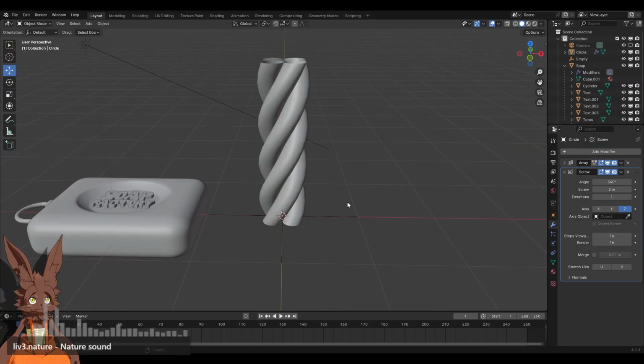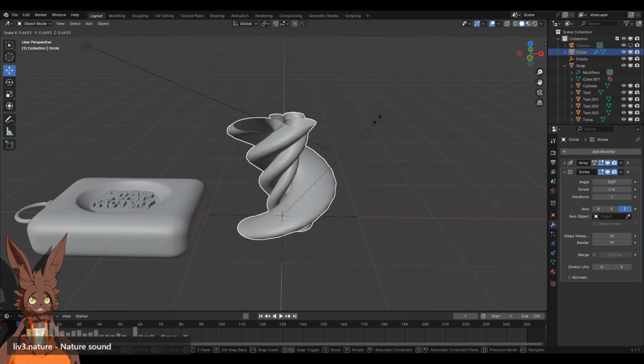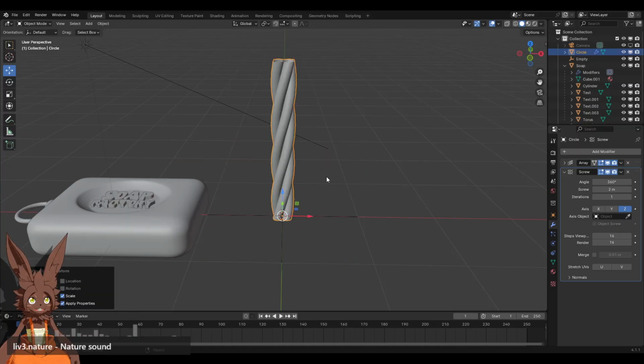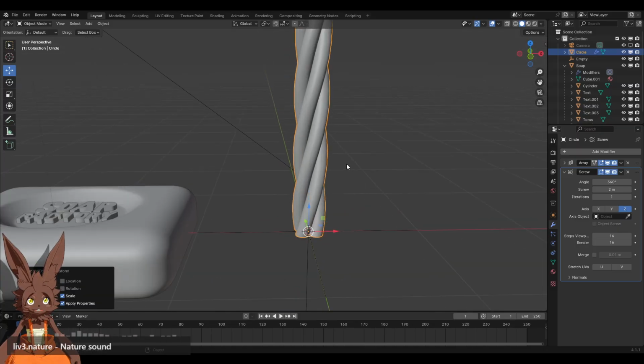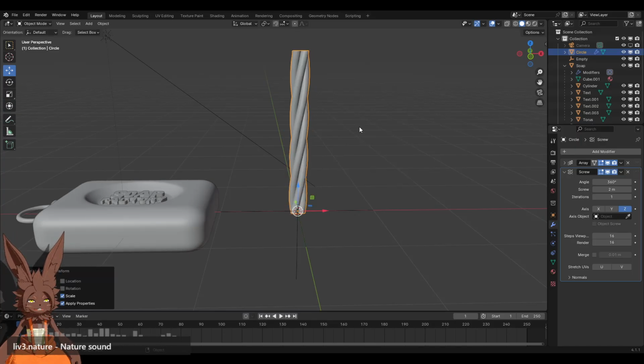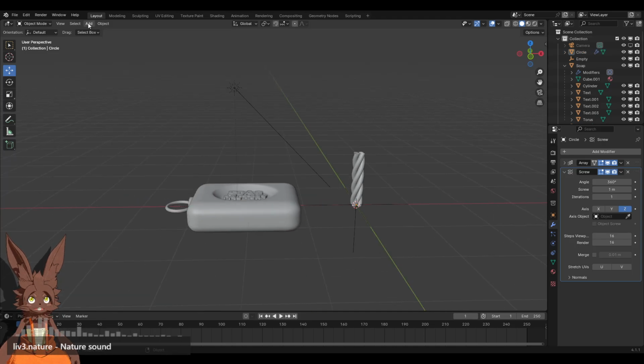Though I might have to take this, scale this, and then do that. So you see, that's why changing the scale matters, because I'm scaling this down here, but as soon as I click Control A and then click scale, it fixes the issues that would have arisen from that. So then we're going to just take that down to 1 meter. Now we're going to go ahead and add